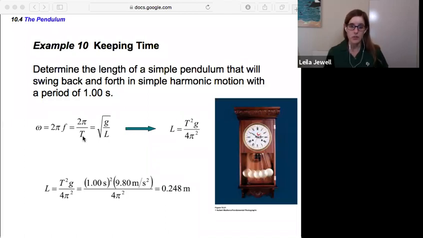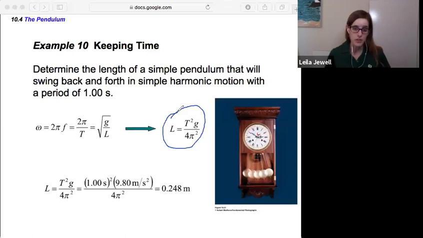So if we want to ultimately be solving for the length, then first I want to get rid of the square root. So I'm going to square both sides. So we get 4 pi squared over T squared is equal to g over L. And then I want to get L in the numerator. So I'm going to multiply it across and divide by the 4 pi squared, multiply the T squared across. And so that's how we can get ultimately to this equation, that the length is just given by the period squared times g divided by 4 pi squared. So if we plug in the period that we want of exactly 1 second and the g and our 4 pi squared, you end up with